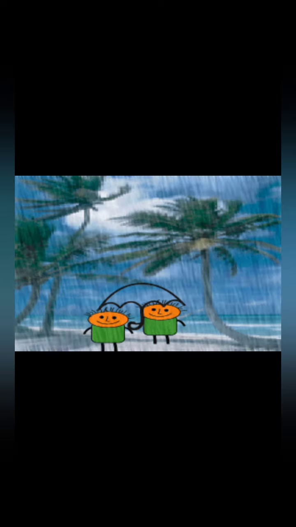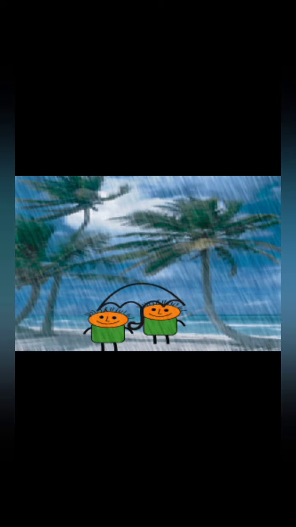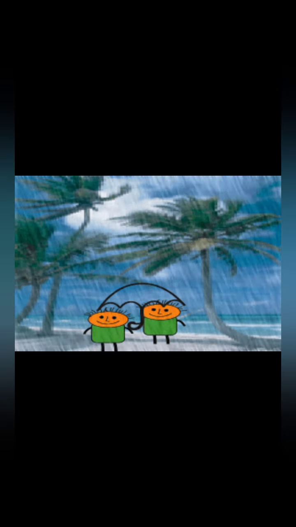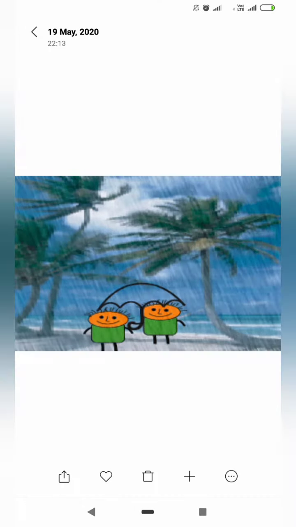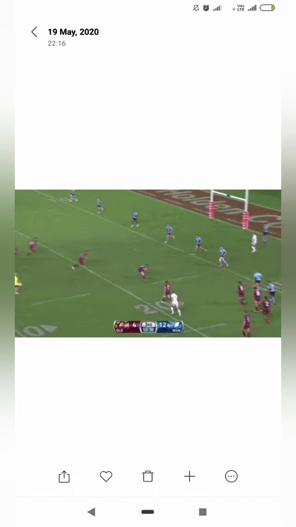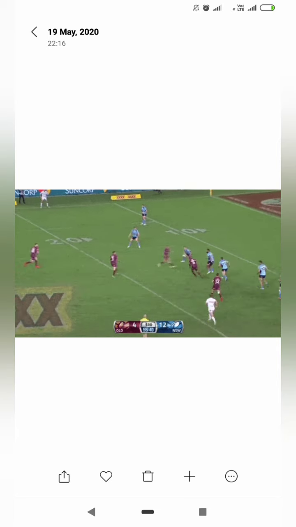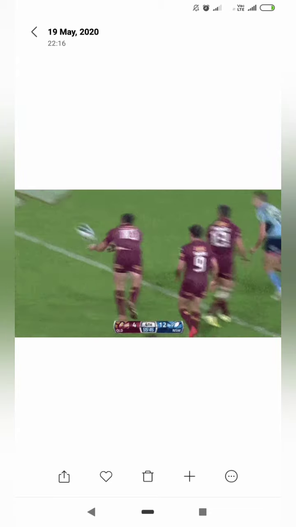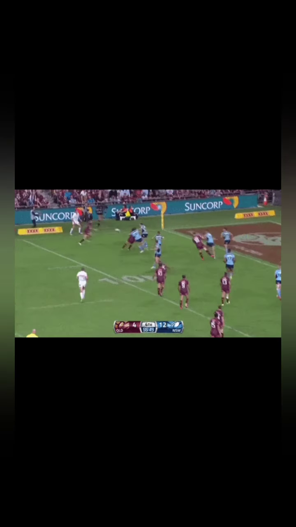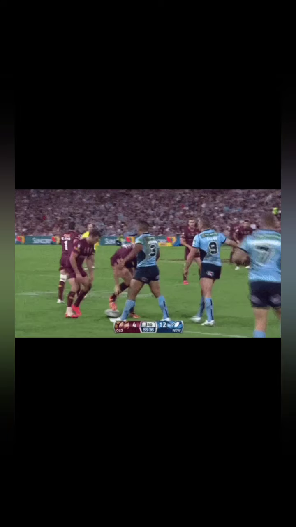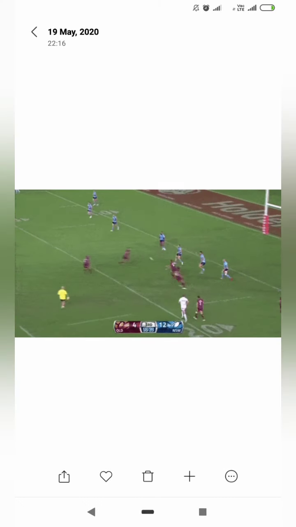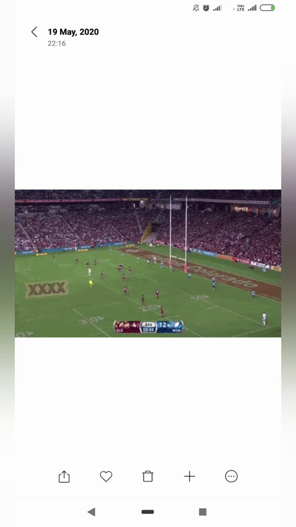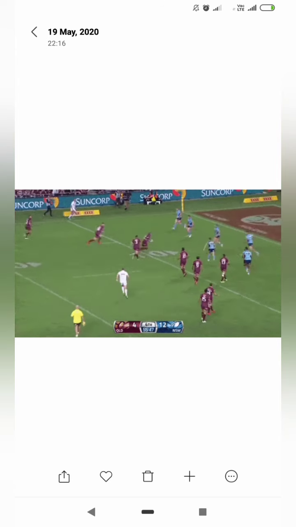For example, it has been raining for a long time. Okay. The rain started before in the past and now it is still continuing. So we say it has been raining for a long time. Okay. Now in this game rugby, we can say that they have been playing rugby for a long time or for an hour. That means it started and is still continuing. Okay. Continuous process and it has started in the past. Okay. Now this is about present perfect continuous.